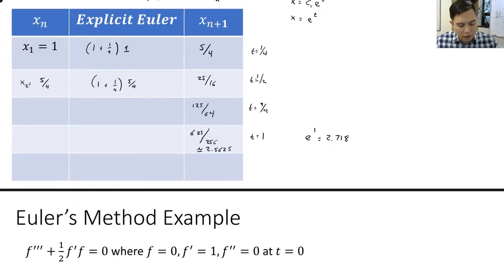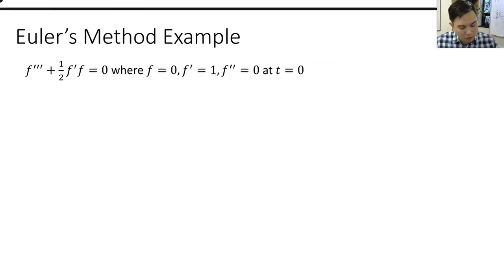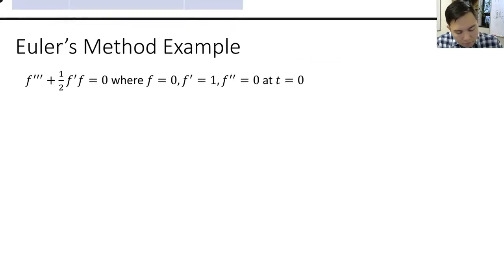Well, what if we're trying to solve a higher order ordinary differential equation? In this case, we're going to take a look at the Blasius equation, although we're not going to use the Blasius boundary conditions, we're going to use initial conditions. We'd have to rearrange our equation, and so we could say something like, okay, f prime is equal to g, g prime is equal to h, and we can take these two values, substitute them in. So this g could go in for this f prime, and then our final equation would be h prime,